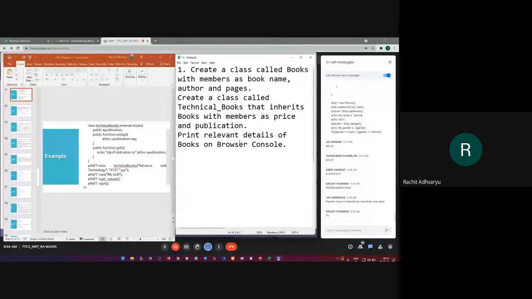Done with the first one? It's the same thing that I've given you, and the same thing is available in the PPT also. Because we already worked with inheritance just before in the first lecture, you know how to inherit two classes.